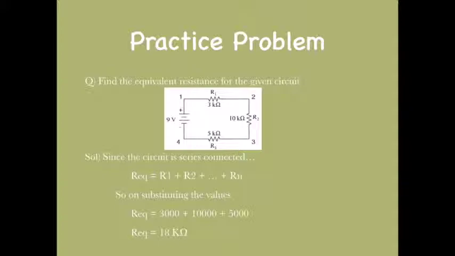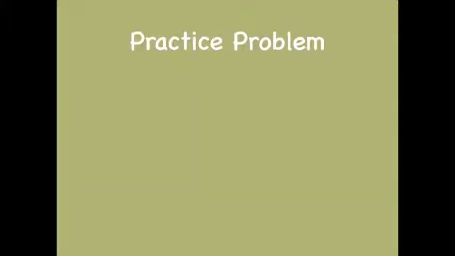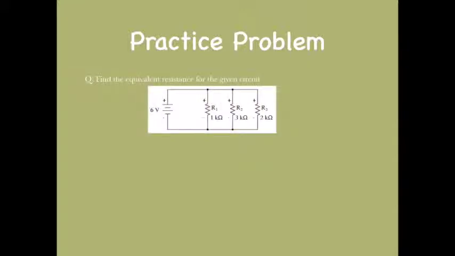Fine. Now let's solve 2 problems on a parallelly connected circuit. For the same question, consider the given circuit. Here my R1 is 1, R2 is 3 and R3 is 2. As you can see, these 3 resistors are parallelly connected. Note that all the ends are connected to the battery. So I use this formula,